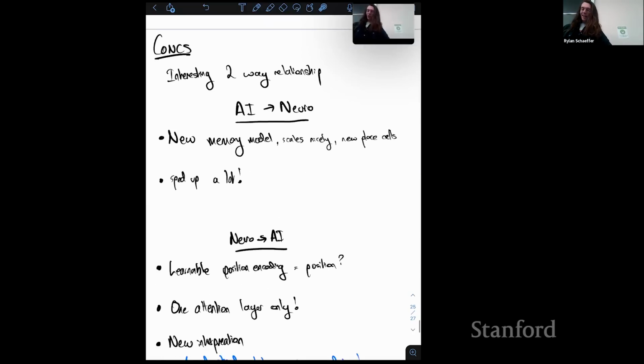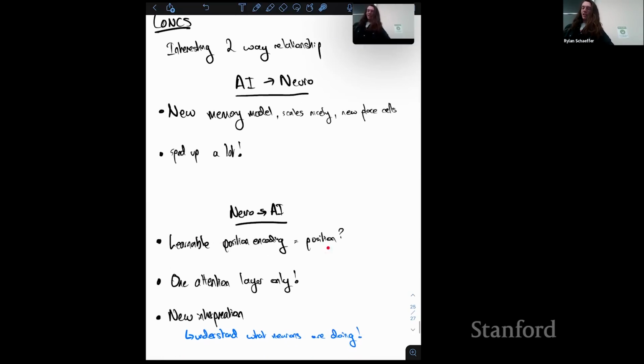From the neuro to AI, maybe there are a few things that are slightly different. This learnable recurrent position encoding. People do some of this; I think they get position encodings and learn an RNN that updates them. But maybe this is some motivation to try. For example, they don't do it with weight matrices, and these weight matrices are very biased, because they're generally invertible, towards representing these very clean structures like 2D space. So it might be interesting there.